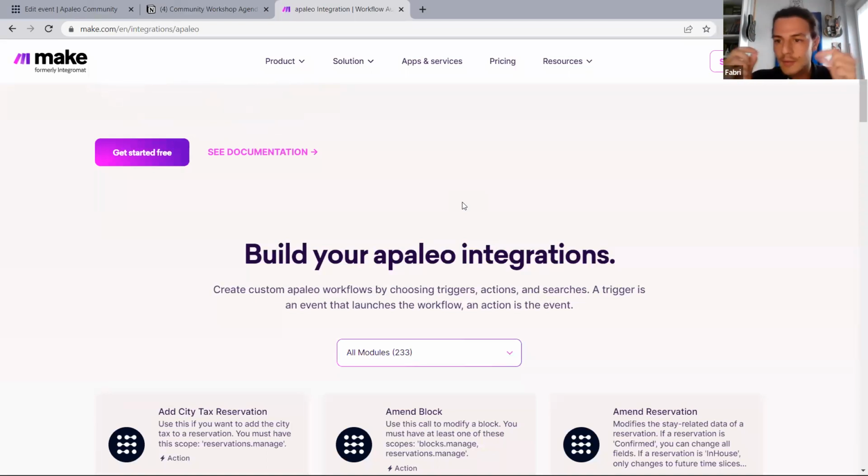When you want to connect to APIs, usually that's the job of the developer. So when hotels want to create automations that connect these features, they always need to refer to a developer. What make.com does, together with Zapier and other no-code platforms, is make these APIs and features visible to users, and you can connect them with simple scenarios. You can say, when this happens, then do this, and after you've done this, then do this other action. So it's quite simple, and it looks quite simple, but of course,